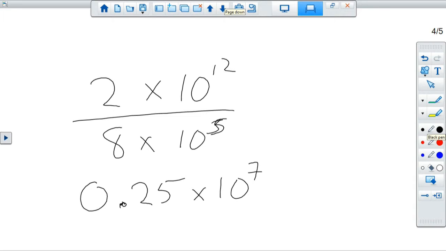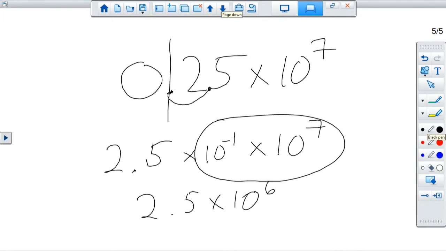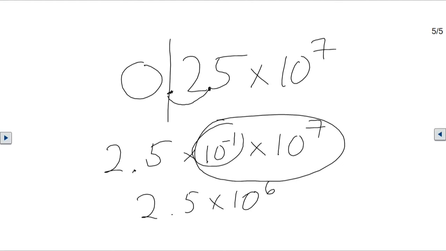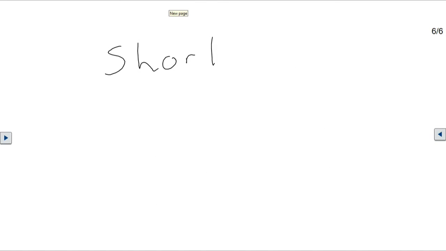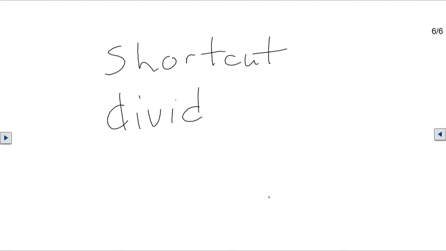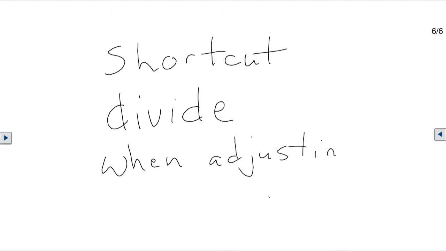If we look at my second example, the same thing occurred. 0.25 times 10 to the 7th. We'll end up making that 2.5, and then I've got to decrease the exponent by 1, so 10 to the 6th. So kind of the shortcut for this: when you divide, sometimes you have to adjust, and when adjusting, that exponent decreases